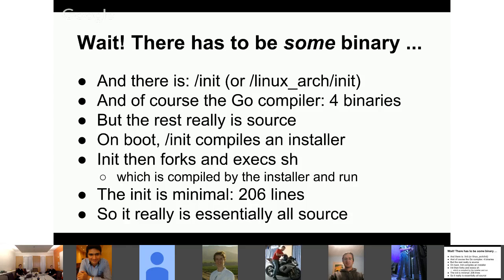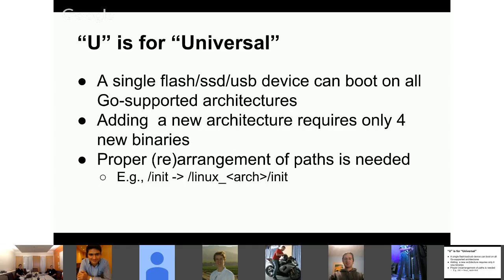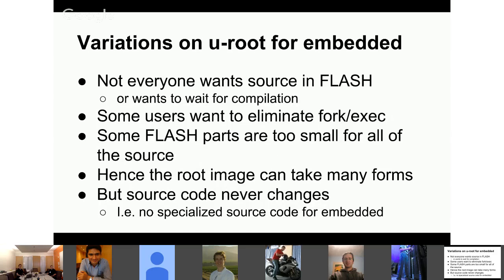So the init in this thing is 206 lines. So these commands tend not to be big in Go. And this is the thing I mentioned about how it could serve multiple architectures, but this is the coreboot workshop, and we'd really only put one version in firmware for one architecture, so I'll kind of blast through that slide.